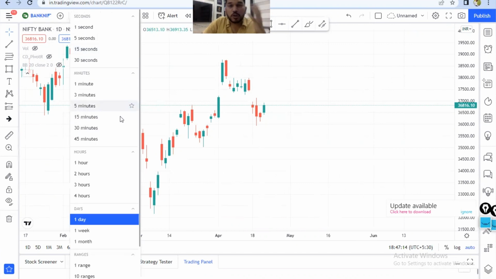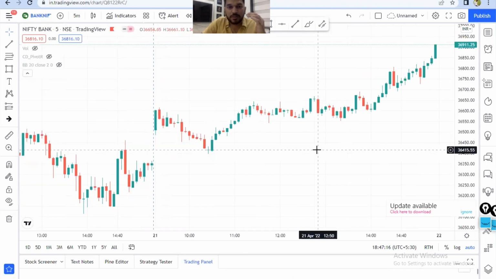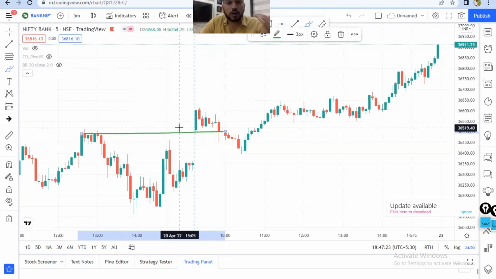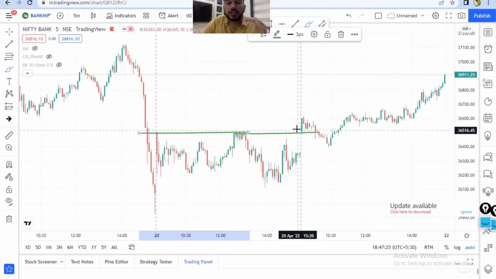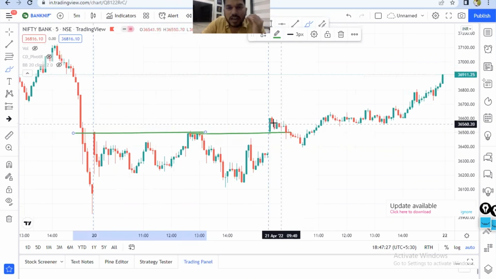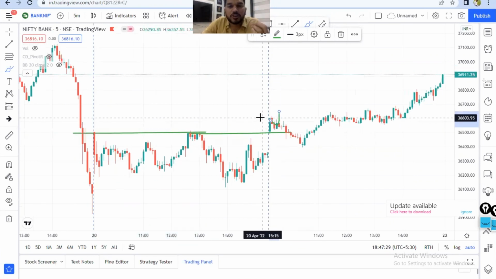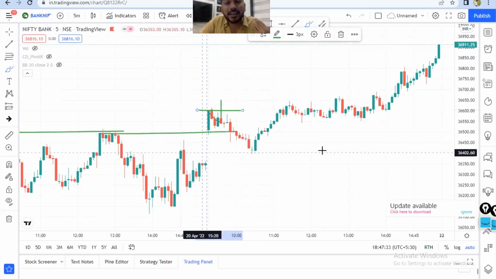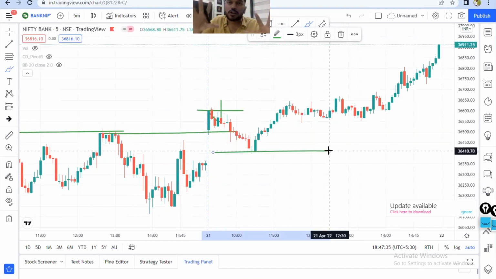5 minutes time frame. So when you look at the Bank Nifty chart on a 5 minutes time frame, today the market opens with a gap up, that too above the previous day high. We know that we do not want to chase as and when the breakout happens, right? We want a little pullback and then continuation. But today, Bank Nifty actually went down and made a new day low, which obviously is not a good sign